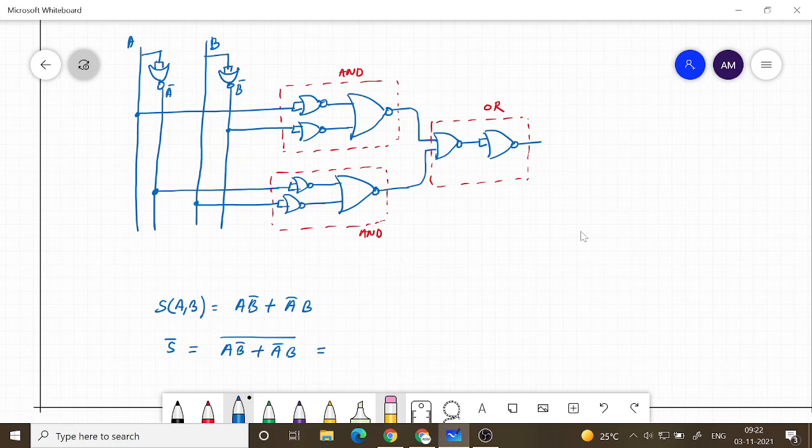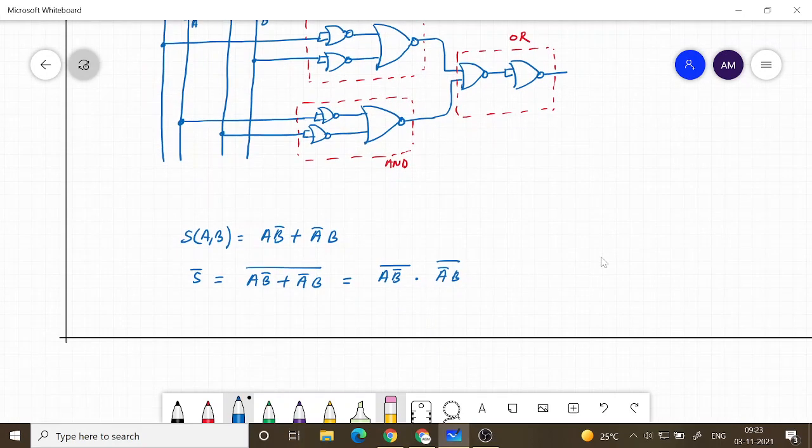Which is A B bar dot A bar B. Okay, so this also can be written as (A bar plus B) dot (A plus B bar).